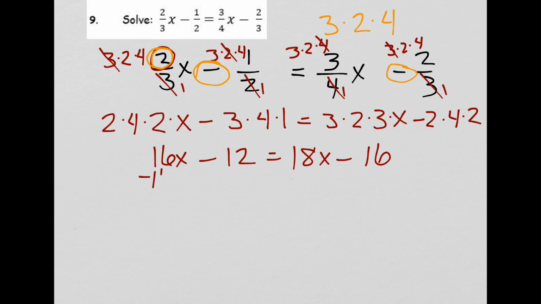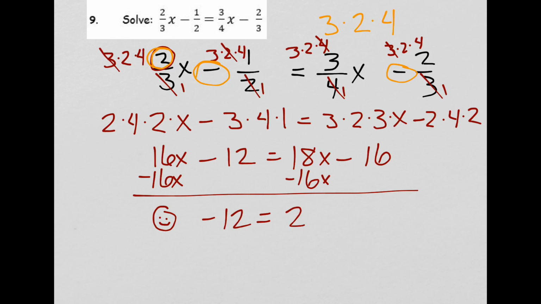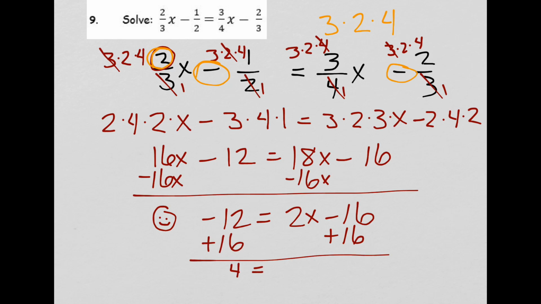So I'm gonna move everything to the right this time. I got 0. Yay for 0! 2x minus 16. Let's move the 16 over by adding it. I get a 4 equals 2x. And then I'm going to divide both sides by 2. And hey, x equals